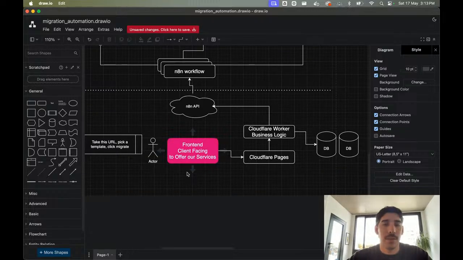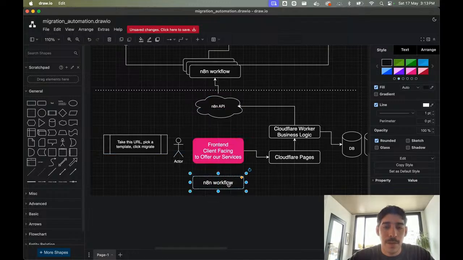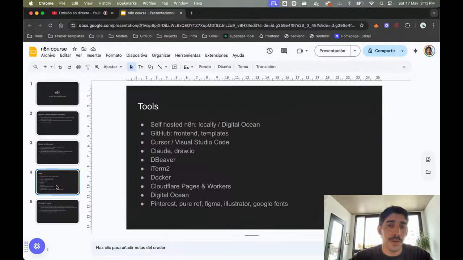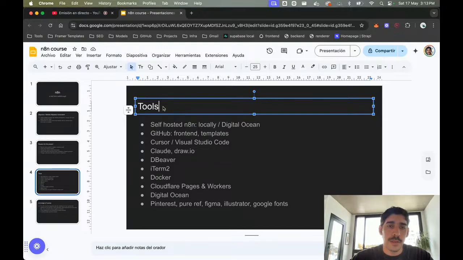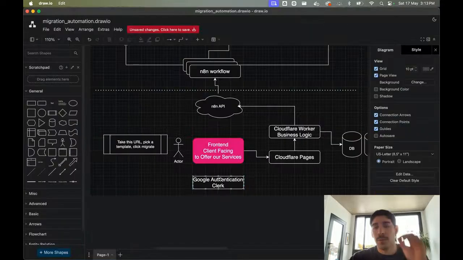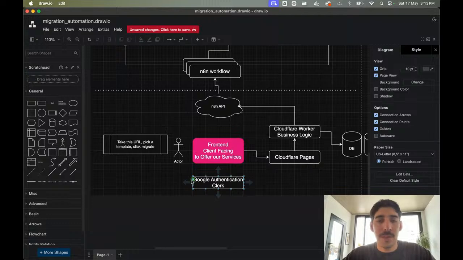In order to keep going, we could have Google authentication here. For that, we could use Clerk. It's not really tools, only technologies, services. So this is what we could offer to our users: you can log in using Google, super easy, super secure.